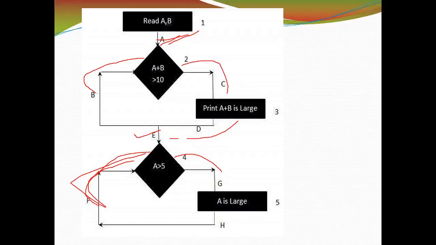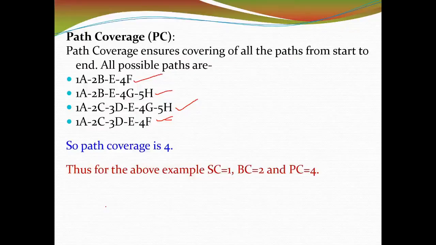So here 4 possible paths will come for these 2 conditional statements. So you can see here, for path coverage, at least 4 paths will come if you consider the conditional statements. So path coverage is 4 here.